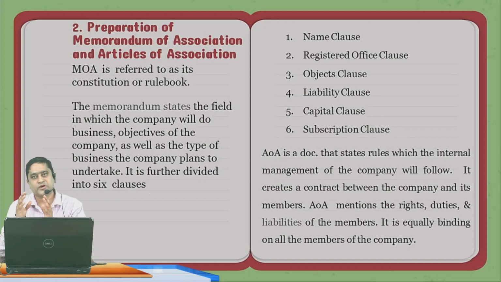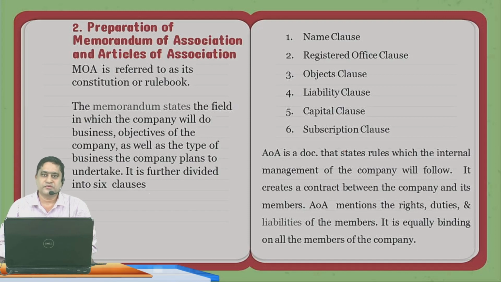The memorandum of association is divided into 6 different clauses: name clause, registered office clause, object clause, liability clause, capital clause, as well as the subscription clause. As you are aware, in the name clause, the company has to choose a name which is appropriate according to the Companies Act 2013. They shouldn't take a name which has already been taken by some other company. They shouldn't use the emblem of any of the countries. They shouldn't use religious marks in any of the companies, or use the national flag.